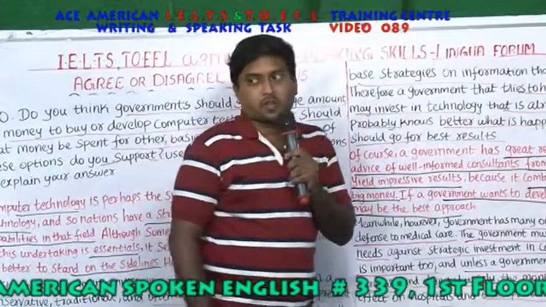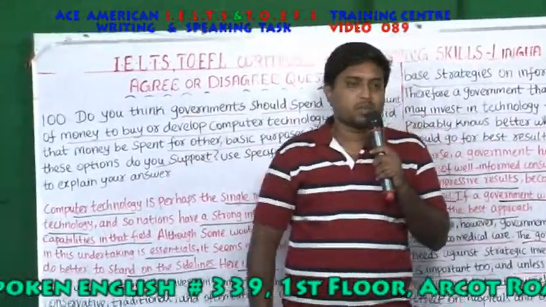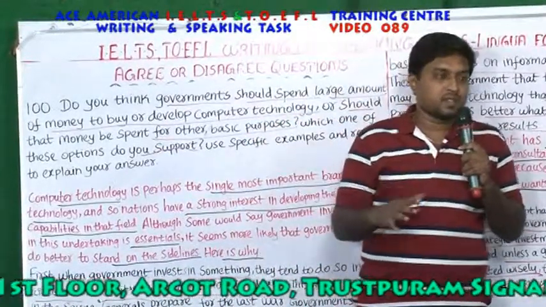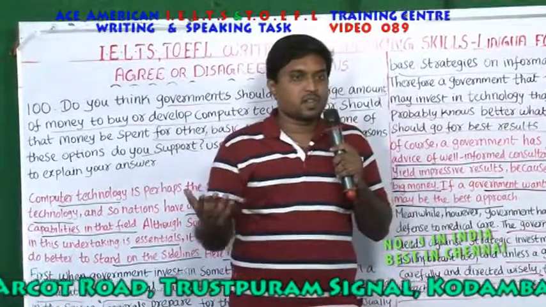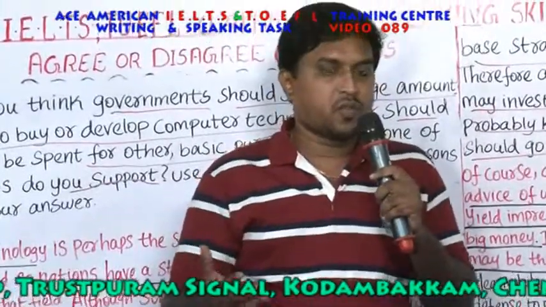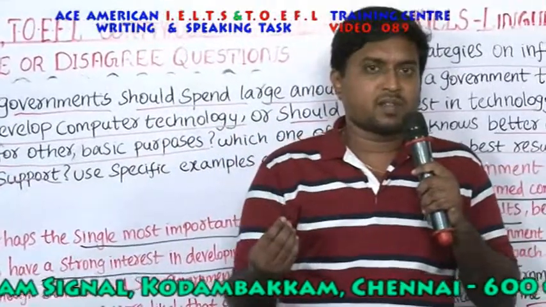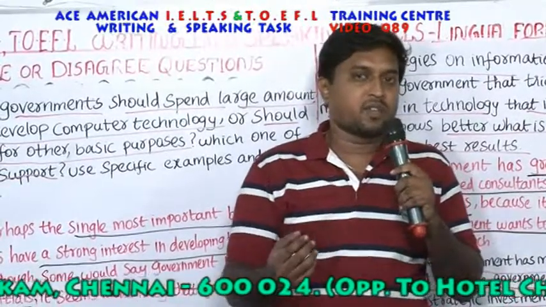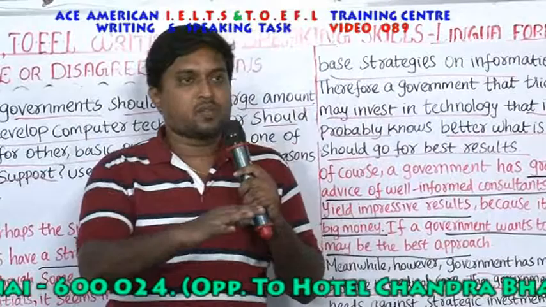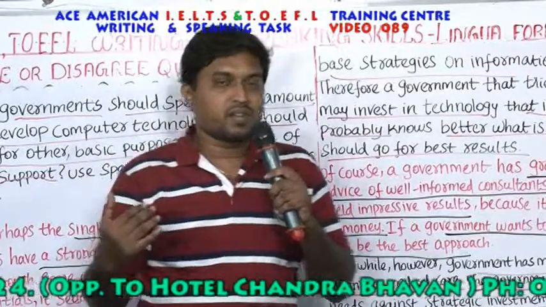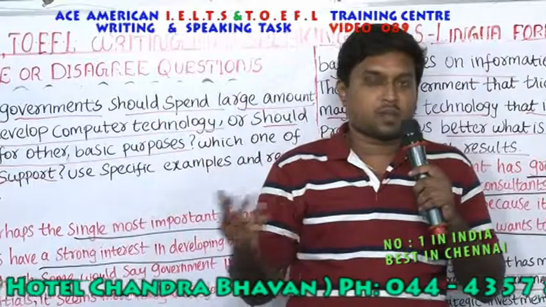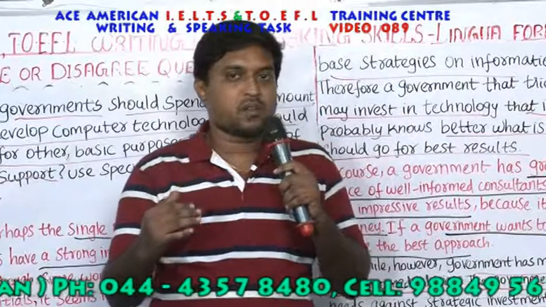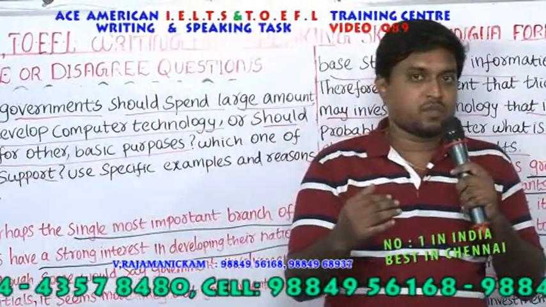Hi, good evening, friends. My view on this topic is that it's better for the government to invest in basic needs like food, clothing, and shelter. If you see, infant deaths in India have been increasing day by day, where the hospital facilities are not up to the mark when compared to developed countries like the US, UK, and some others. So medical facilities have to be the first priority for the government. Then the defense system.